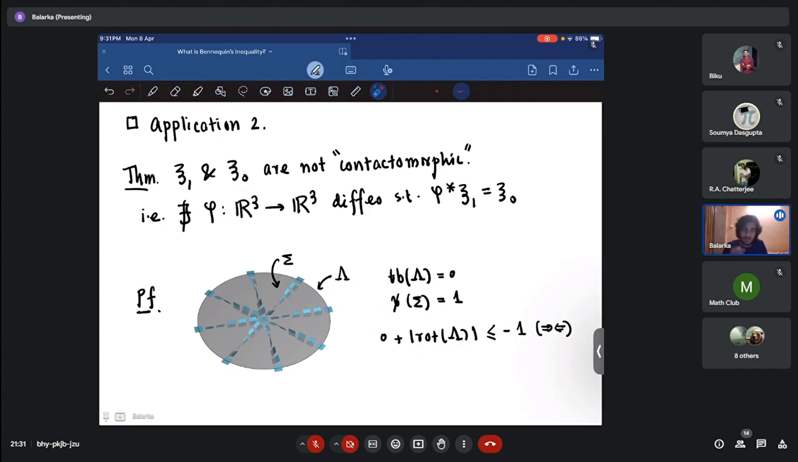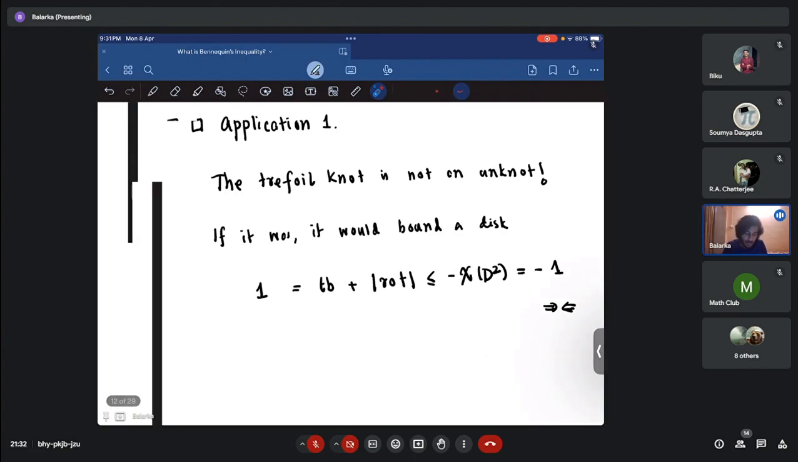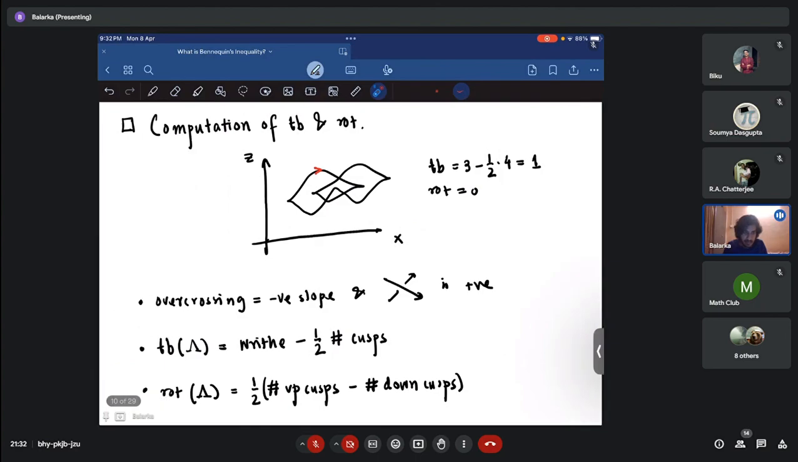So let me now do application 1, and for that I need to go back a couple of slides. This slide I missed, I'll fill it in. I told you what the Thurston-Bennequin number and rotation number are, but I haven't told you how to compute them. So now we can draw lots of Legendrian knots. We just draw some type of a